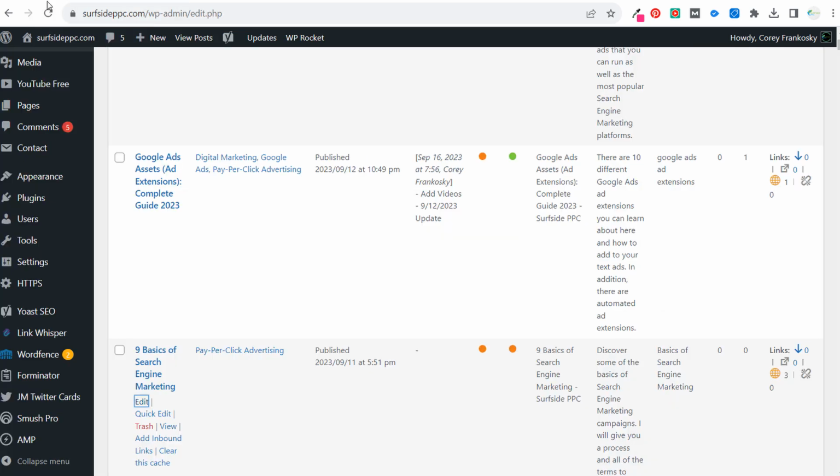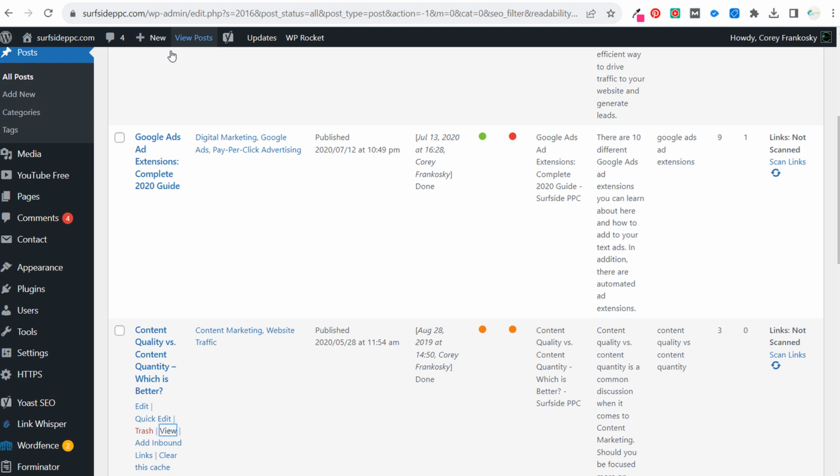But what I did is I went to my blog post, and before I updated it, here's the page I'm looking for. So before I updated it, it was Google Ads ad extensions, my complete 2020 guide. Now, I have not prioritized my Surfside PPC blog, and it's something I'm working on prioritizing, so it takes a lot of work to update old content, especially when you have things from 2020, 2021, a lot of old content that needs to be updated. So this article here, content quality versus content quantity, which is better? I will go over the best way to handle updating old blog posts, but for this one here, I went in